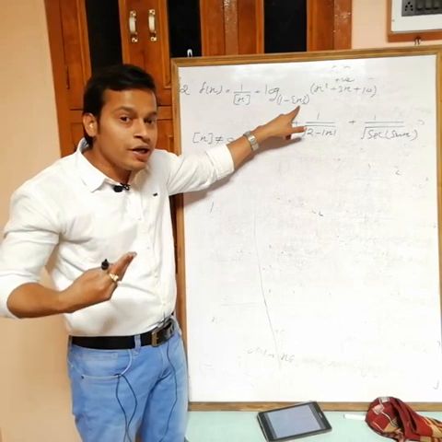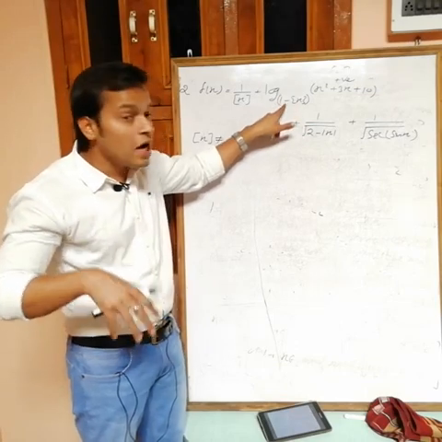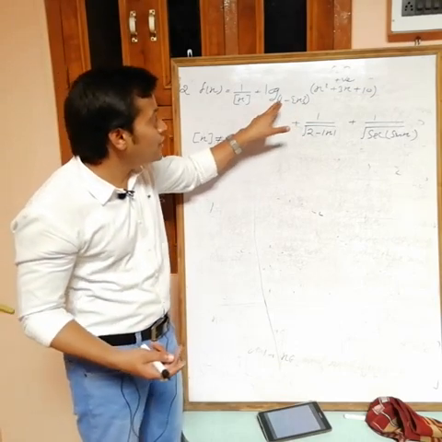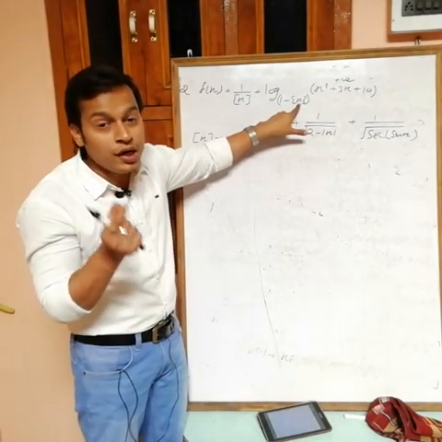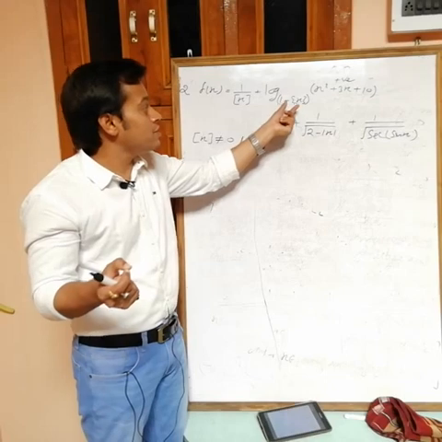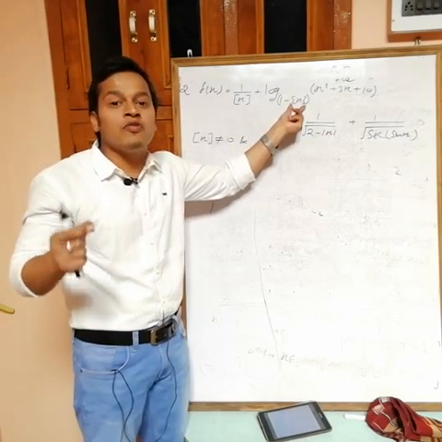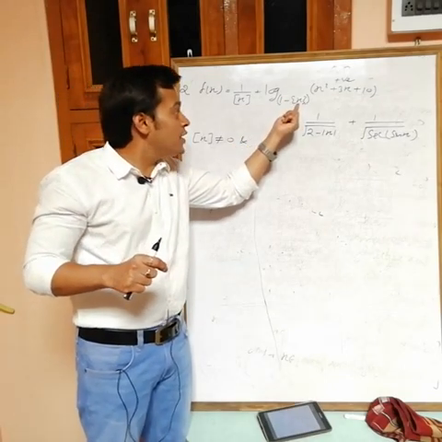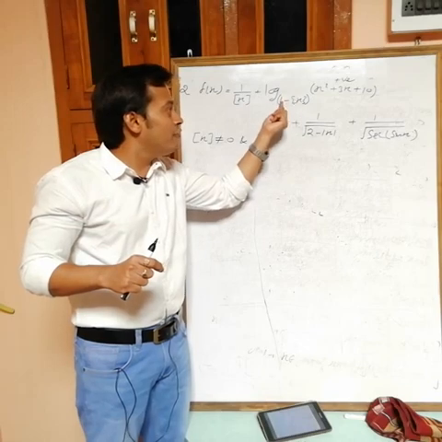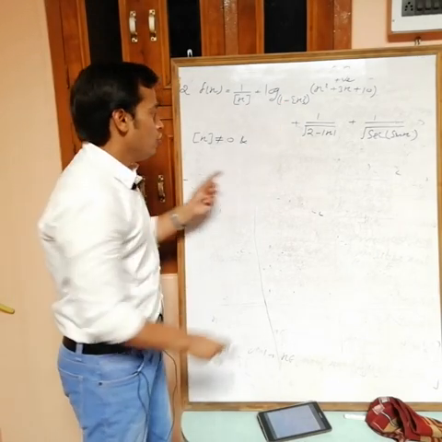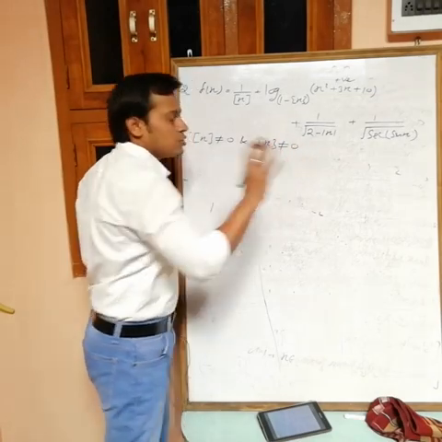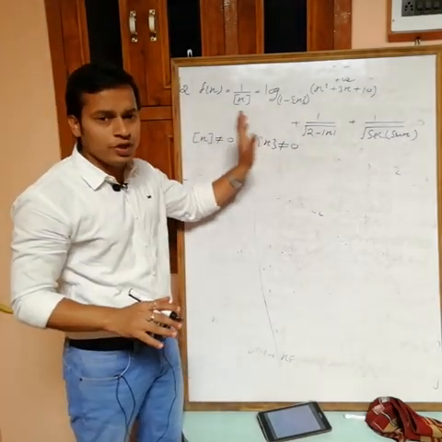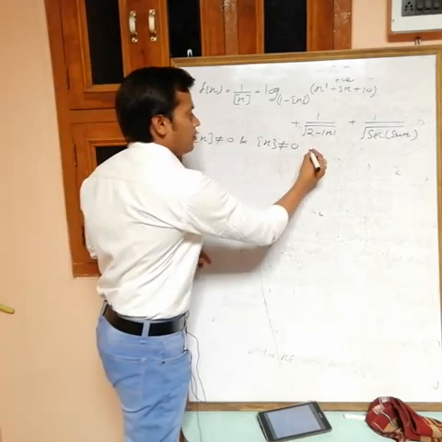But we also have another condition, that the base can't be equal to 1. The base will be 1 if the fractional part equals 0. It means you can't take those values of x such that the fractional part is 0, because then 1 minus 0 becomes 1 and the base can't be 1. So the condition for this one is that the fractional part of x can't be equal to 0. Now this is complete. Now take the next one, and we have to take the intersection.